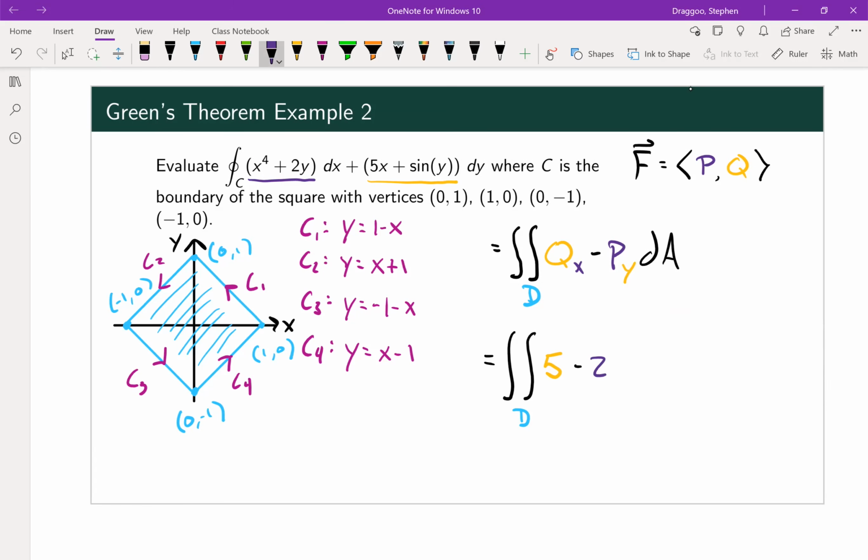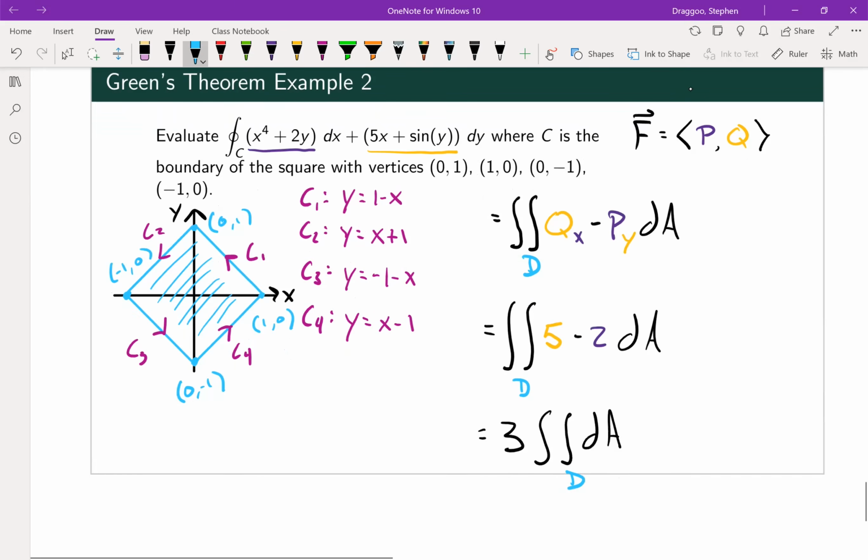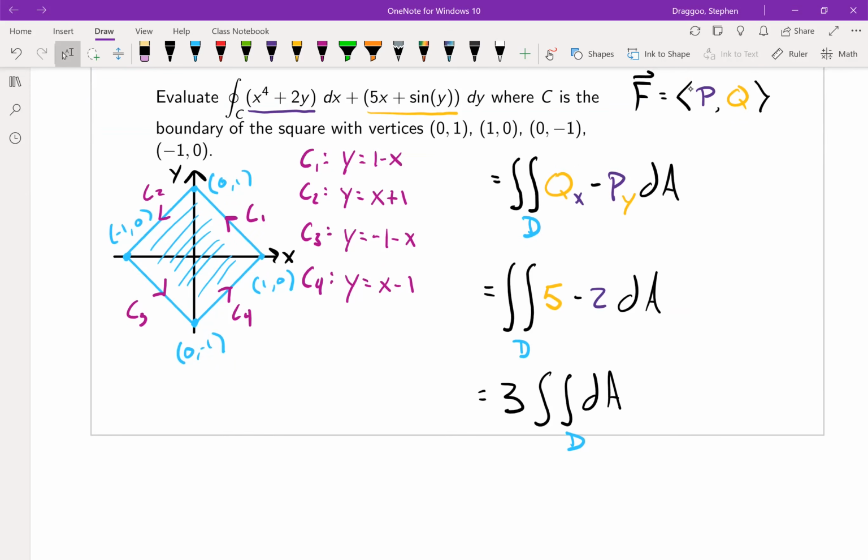So in the end, I've got 5 minus 2 dA, which is 3 times just the integral of dA over my region D. So really, it's just 3 times the area of that region,